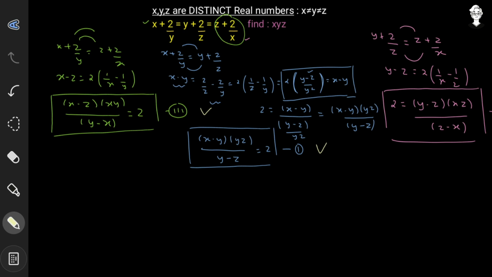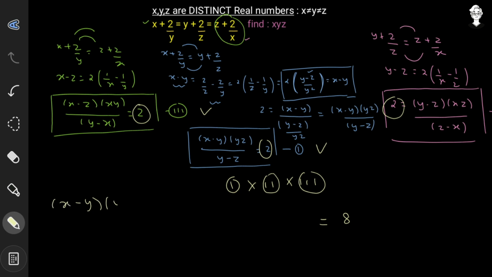And if you observe carefully, the best way is to multiply these three equations. That is, first equation multiplied with second equation multiplied with third equation. So on one side we will directly have 2 multiplied with 2 multiplied with 2, that is going to be equal to 8, and on the other side, that is the left hand side, we will have x